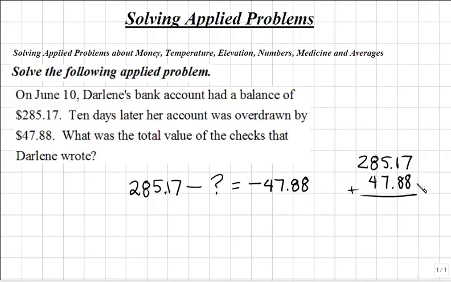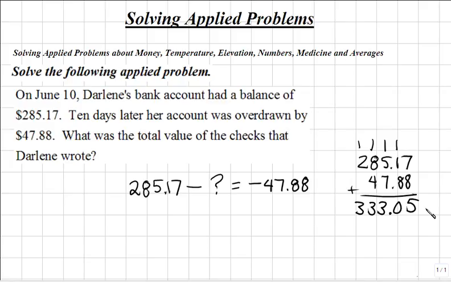So 7 plus 8 is 15. Carry the 1. 1 plus 1 is 2, plus 8 more is 10. Bring down the decimal point and carry the 1. 1 plus 5 is 6, and 6 plus 7 is 13. Carry the 1. 1 plus 8 is 9. 9 plus 4 is 13. Carry the 1. 1 plus 2 is 3. So she wrote a total amount of